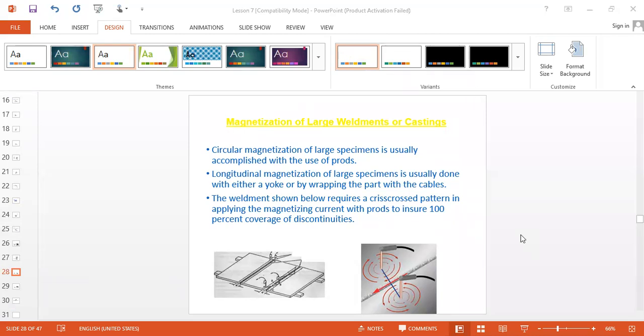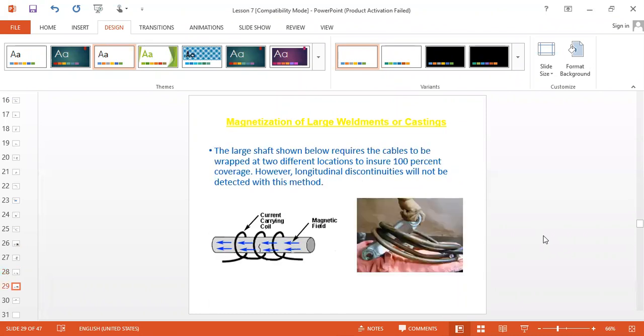These are the different techniques we are going to see here. Now this is the coil method. See the coil is wrapped here. The problem is that in some areas the coil directly touches the job, so there is less chance for powder to accumulate in that particular area. That area we have to inspect another time. We will be very careful while inspecting this.